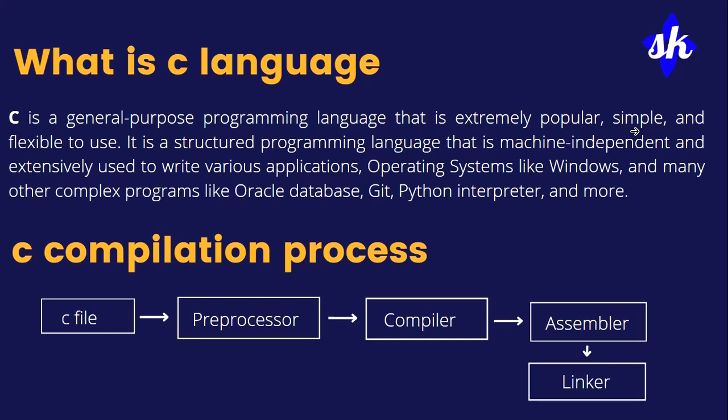The very first stage here is the preprocessor. Now what is the preprocessor? The preprocessor's job is basically removing all comments and replacing macros and variables with their equivalent value to further hasten up